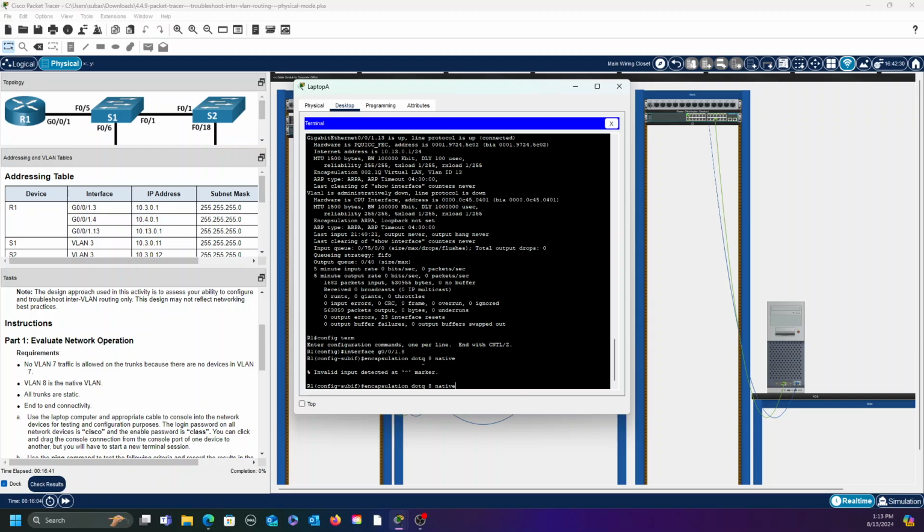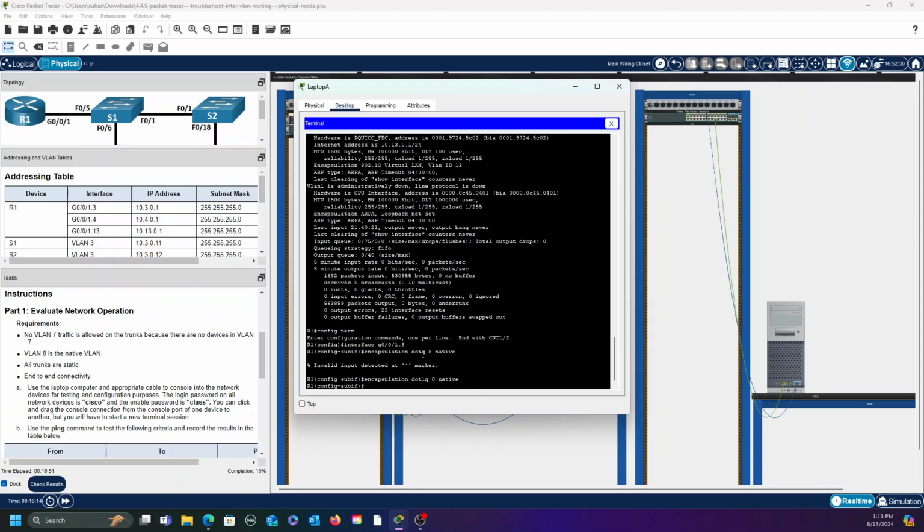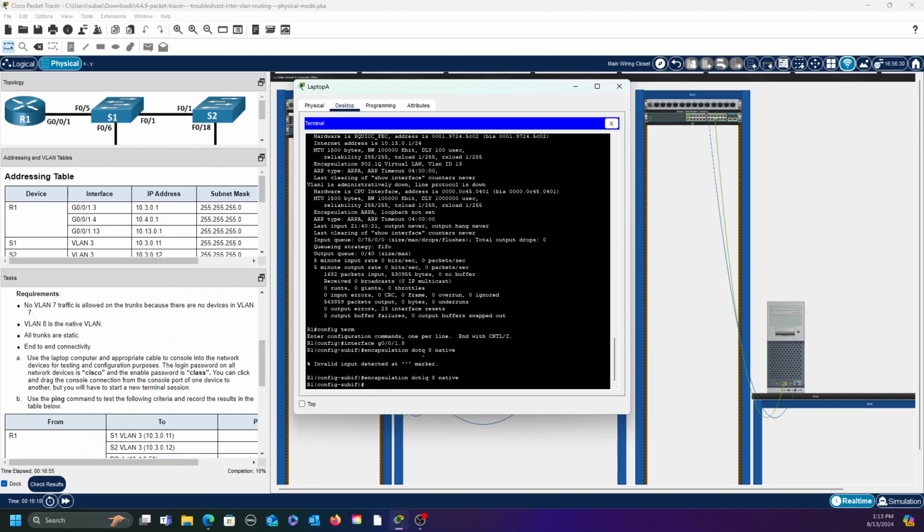All right, so something's not right. I forgot to type number 1. There you go. Boom. 10%. All right, so we're on the right track here. All right, so now we have the encapsulation